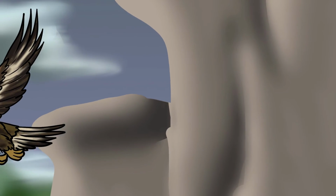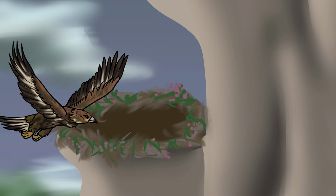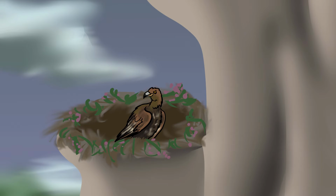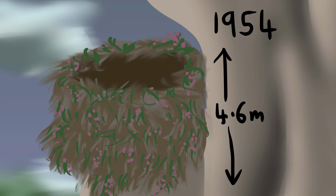Across the territory there are several alternative nesting sites, usually on cliff edges but occasionally in trees. These are used many years by the same birds and can even be passed on to future generations, being added to each year until they grow to enormous sizes. The largest known golden eagle nest in the UK was found in 1954 and measured 4.6 metres deep, having been